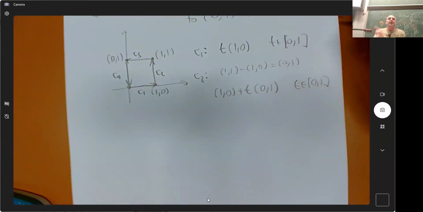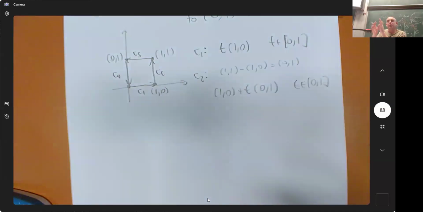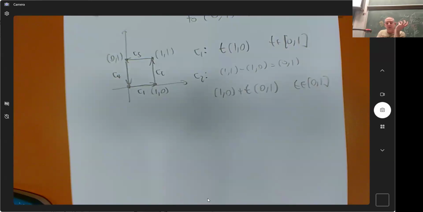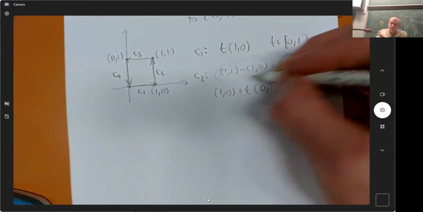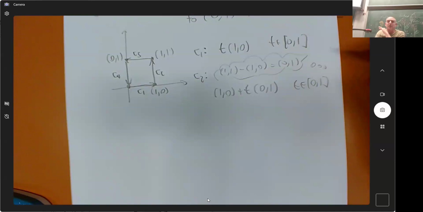You will add the integrals at the end. If you do an integral around this curve, you'll do each integral separately and add them up, and that will be the integral of the total. But when you parameterize the whole thing, you just say each curve separately has its own parameterization. You don't have a total parameterization for the whole thing.